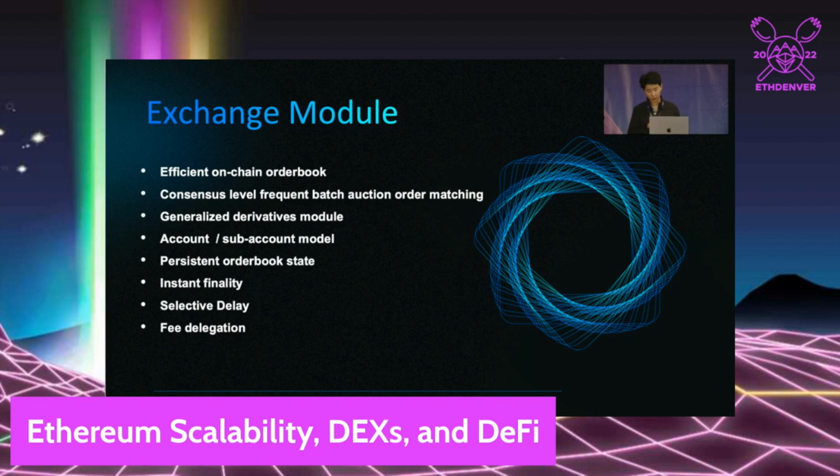Of course, a lot of these order placements and position management, and in general for derivatives, can all be exported and manipulated by, for example, a smart contract. There's instant finality thanks to the Cosmos SDK, and selective delay is a feature where cancellation is prioritized before matching, so that basically no orders are being sniped.